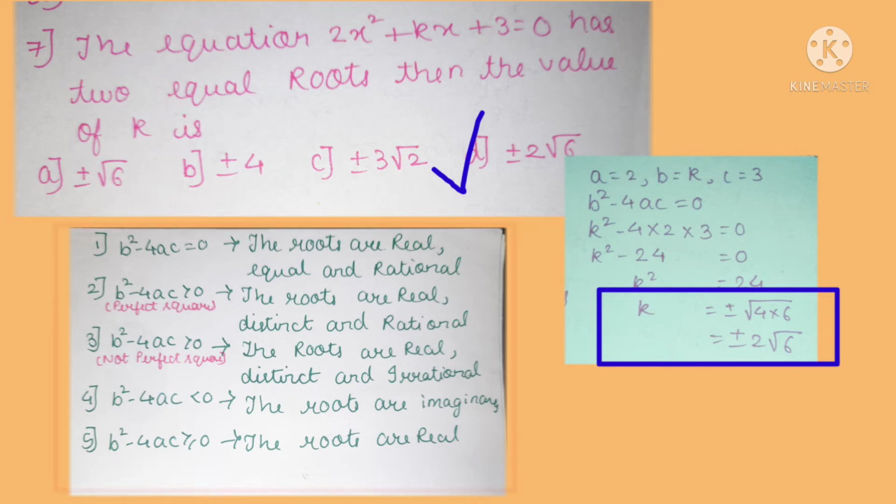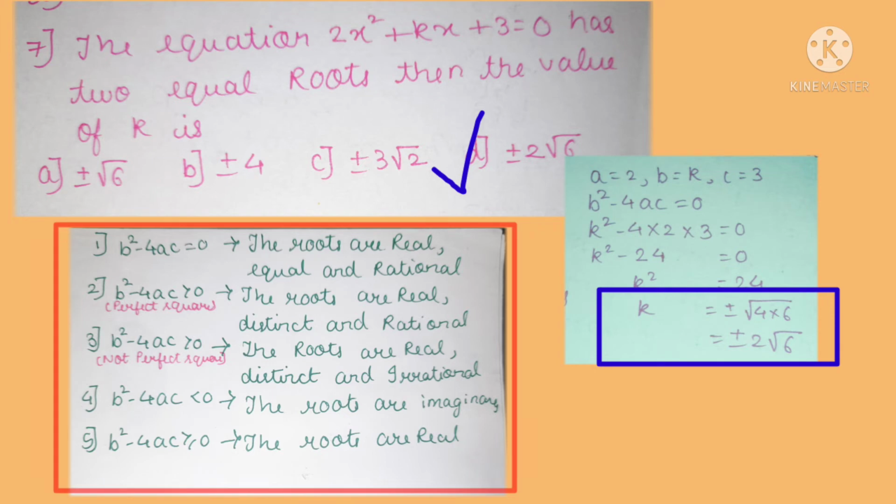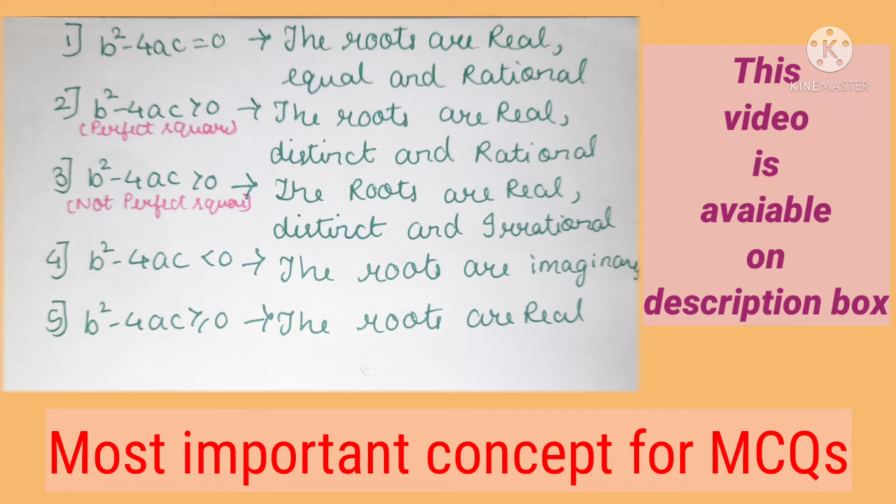b square minus 4ac is equal to 0, greater than 0, less than 0. So we need to represent it like this, and we get the answer. As per the examination, whatever the twist of the question may be will be mentioned. For the discriminant value greater than 0, equal to 0, or less than 0, I made a separate video, as I previously informed.